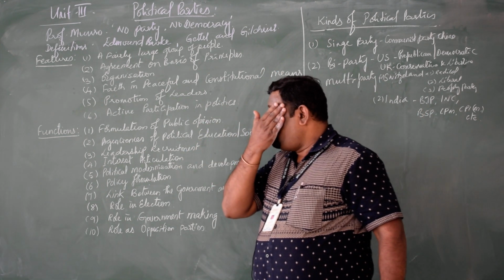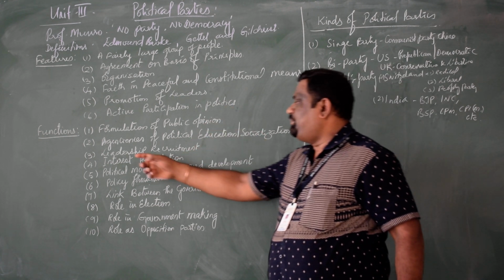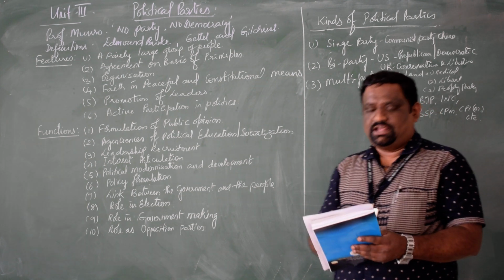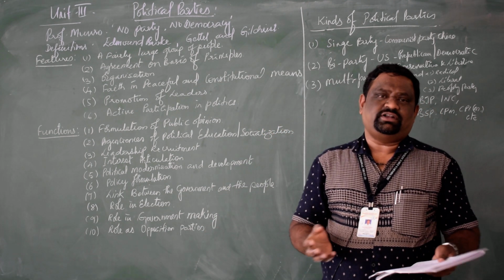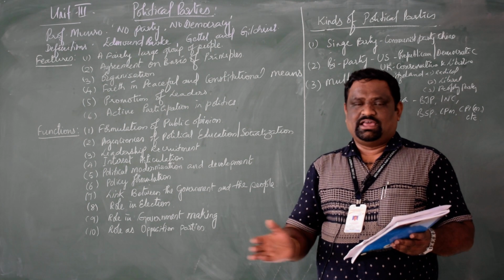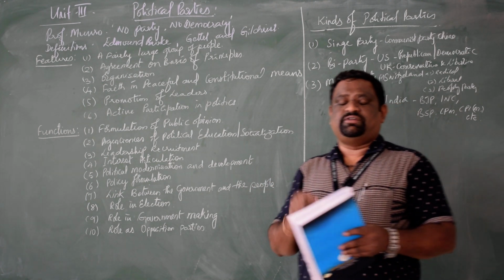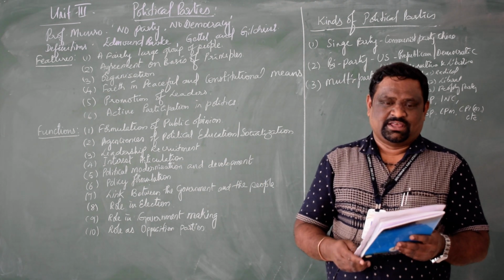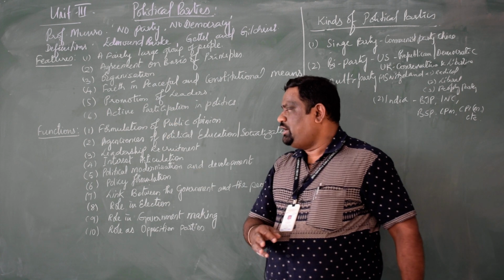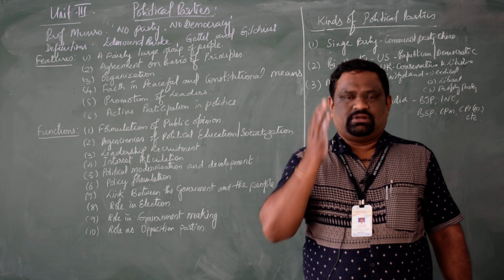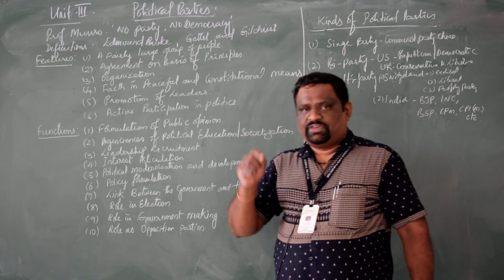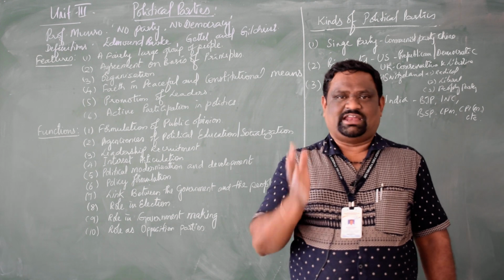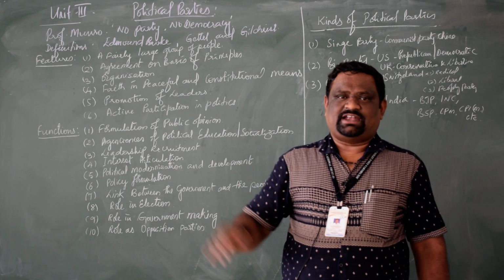And coming to the fourth very important function of the political parties, that is interest articulation. See friends, when it comes to interest articulation, throughout the society there are different interests between people's religions and everything. So it is very difficult, and it's immoral, to generalize all interests of the society. So what can we do to articulate the interests of the people? Here we can meet the people and collect the opinion from people of different groups, different religions, castes, and different strata.